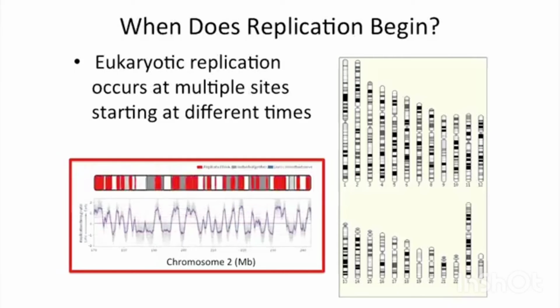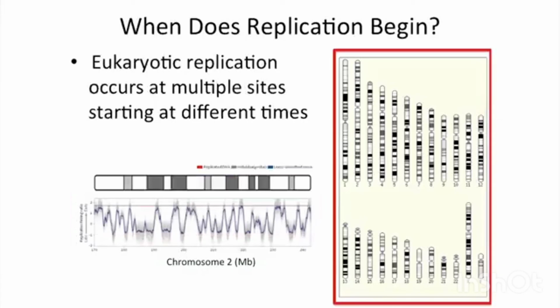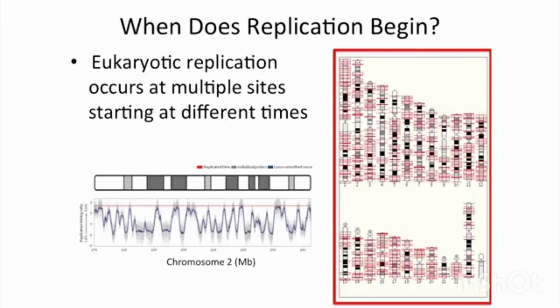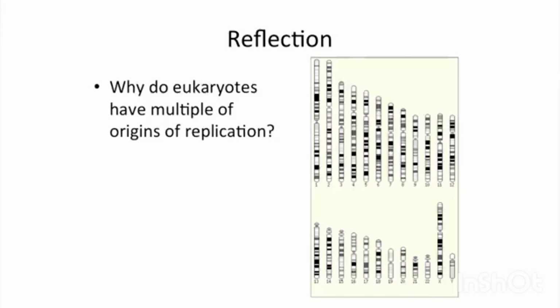Different sections start at different times, and some sections move faster than others. And that has to do with dealing with the structure of the chromosomal material. If it is tightly packed, it is going to go somewhat slower. If we look at the human chromosomes and where replication begins, you can begin to get a sense of the differences. This helps you see how replication begins at different places and different times from multiple replication origins. And again, you're supposed to be thinking about why so many? Why do eukaryotes have multiple origins of replication?